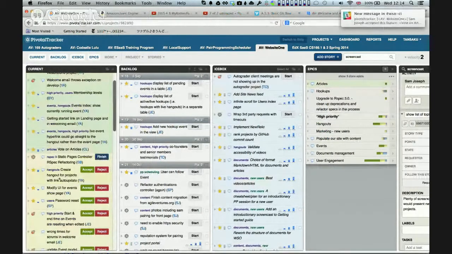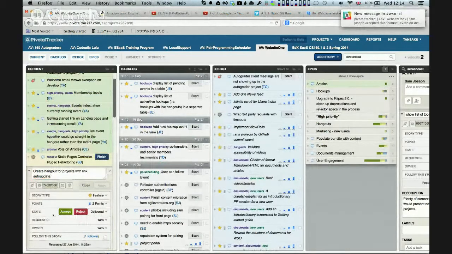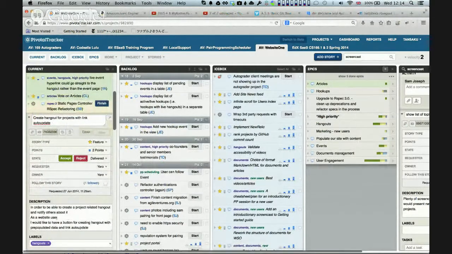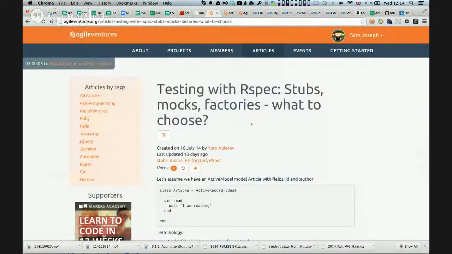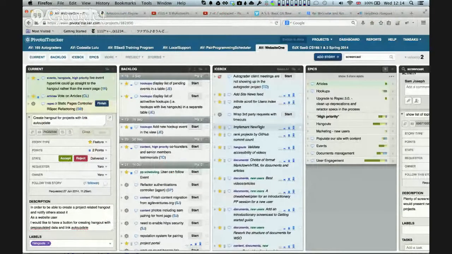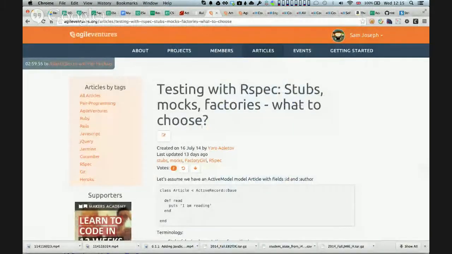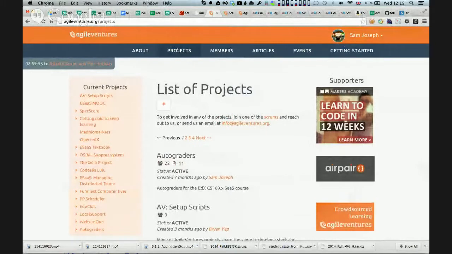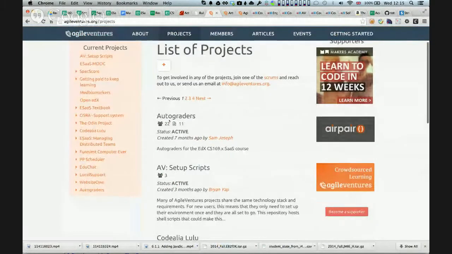That's it. Okay, so going on, create Hangouts for projects with link auto update. In order to be able to create a project related to Hangout and notify other users about it, as a website user, I would like to have a button for creating Hangout with pre-populated data and link auto update. Just a second. I'll keep on trying to work out what this actually means. Okay, so I think we already have projects. So if we go to autograders,